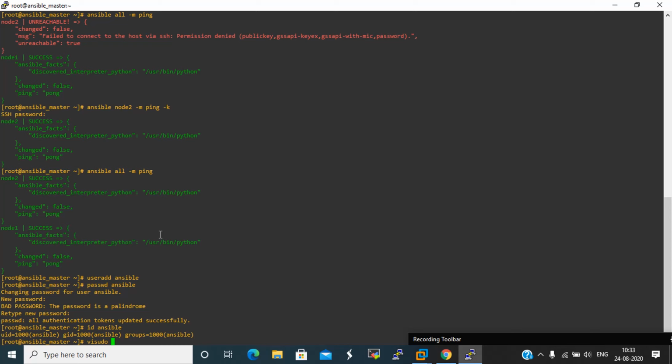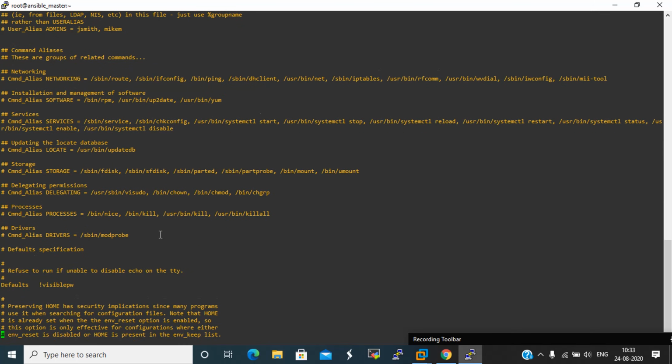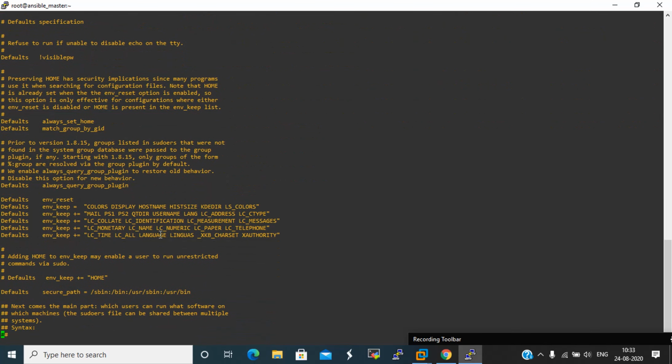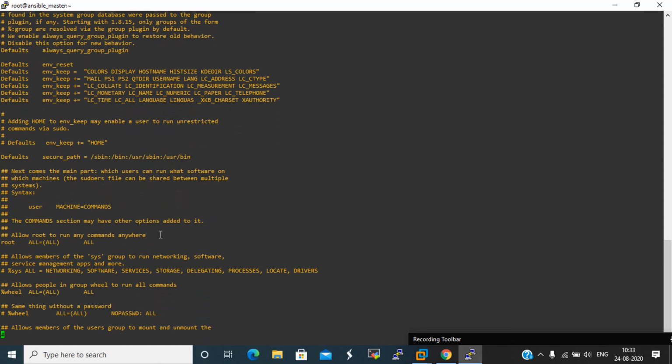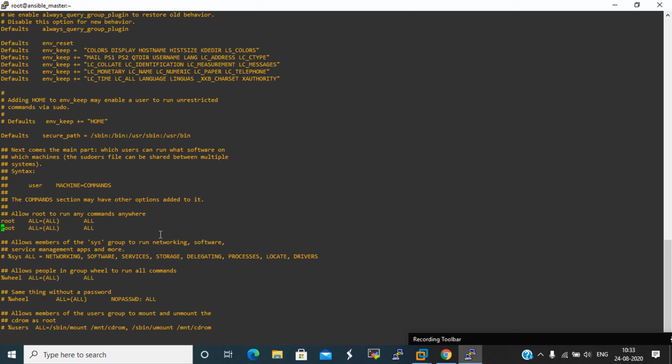If there is any syntax issue, it will warn us and ask whether we want to make the changes or exit without changes. So we are using the visudo command for that. Press yy to copy and p to paste.